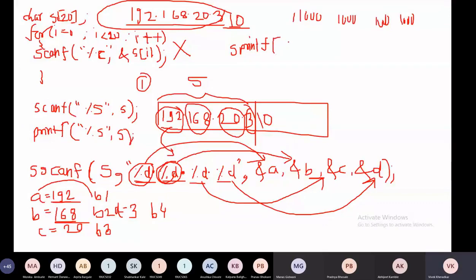So what is the syntax? First, in which string you want to combine. Obviously I will use the same string for storing it instead of using another one, because the use of s is over, so I will store the result in s also. In which format do you want the result? The first should be an integer, then a space, then the second as an integer, then a space, then the third as an integer, then a space, and then the fourth one. So in this format I want the result, combined and restored into s.